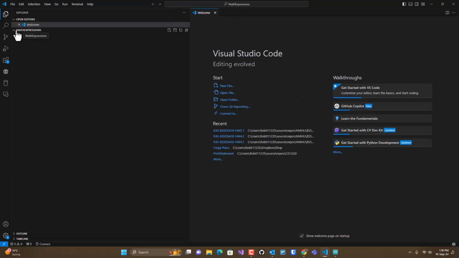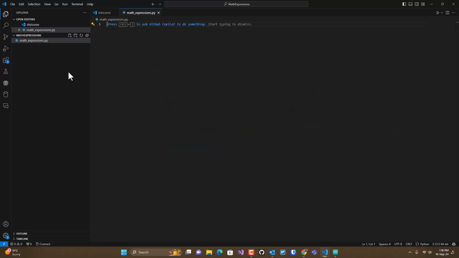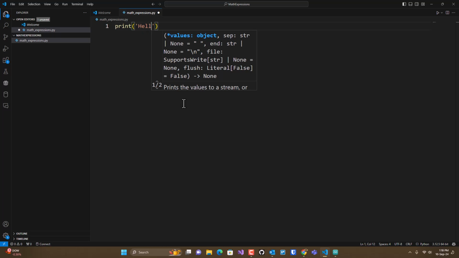As you can see, up here on the left, if you click this icon, the Explorer icon, you can see that we are in the math expressions directory. And I'm going to create a math expressions .py Python program. So before we may have done print hello world,